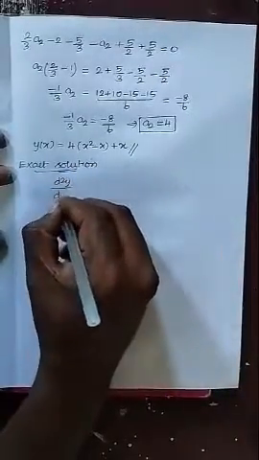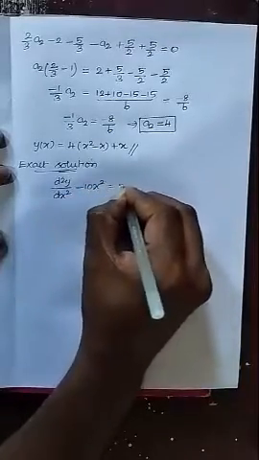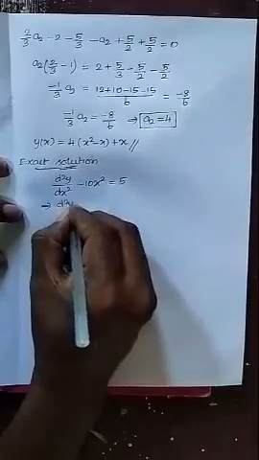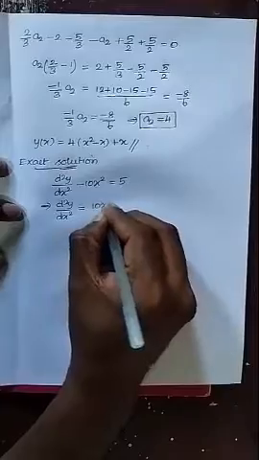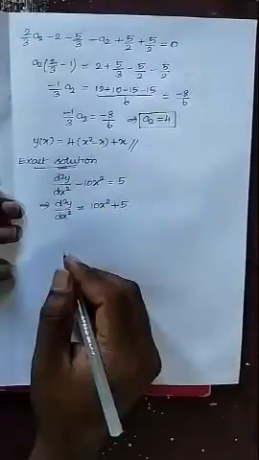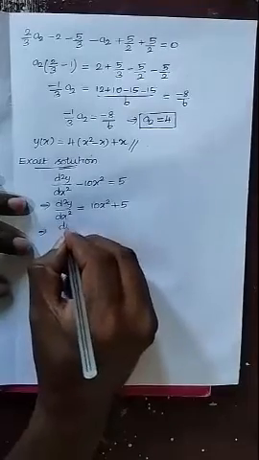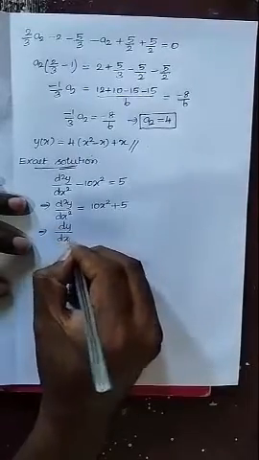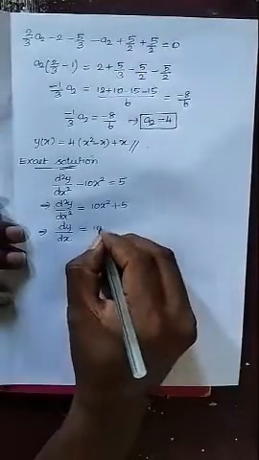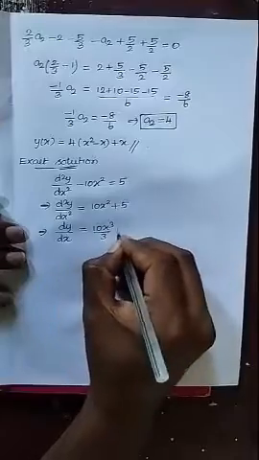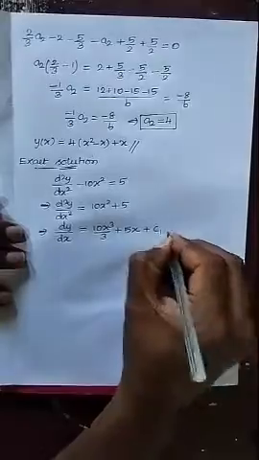The given differential equation is d square y by dx square minus 10x square is equal to 5. So d square y by dx square can be written as 10x square plus 5. We can integrate both the sides. So on integrating once, in the left hand side, the term will be dy by dx. The integral form for 10x square is 10x cube by 3 plus 5x plus a constant of integration c1